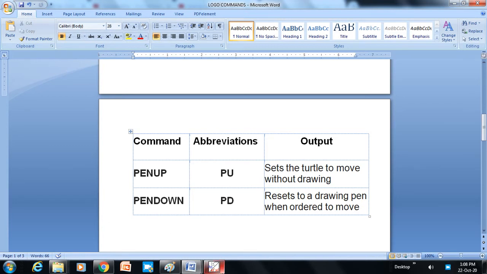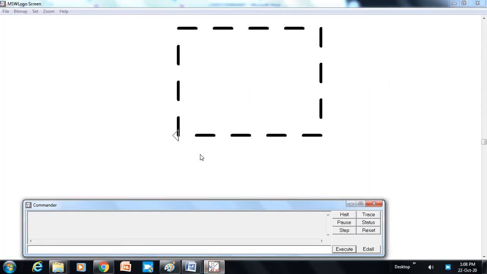So using these commands we can create a shape like this. As you can see, I have moved the turtle, then again some blank space is there. This blank space occurred due to the PU, pen up command. When the pen is up, the turtle is moving but not drawing anything.